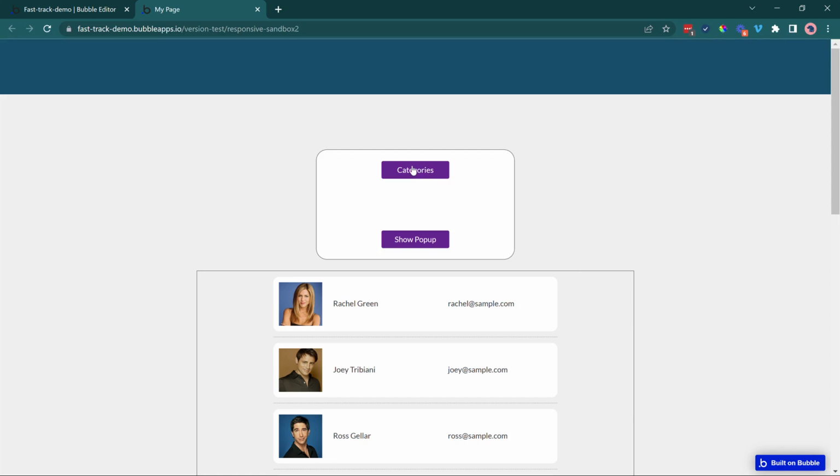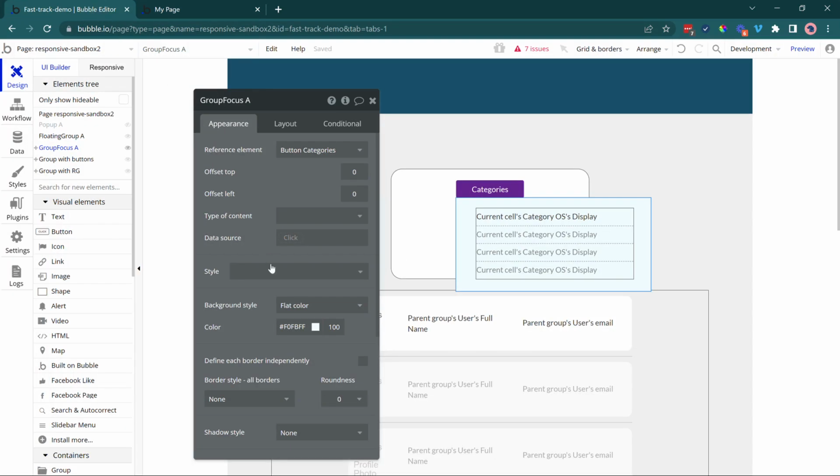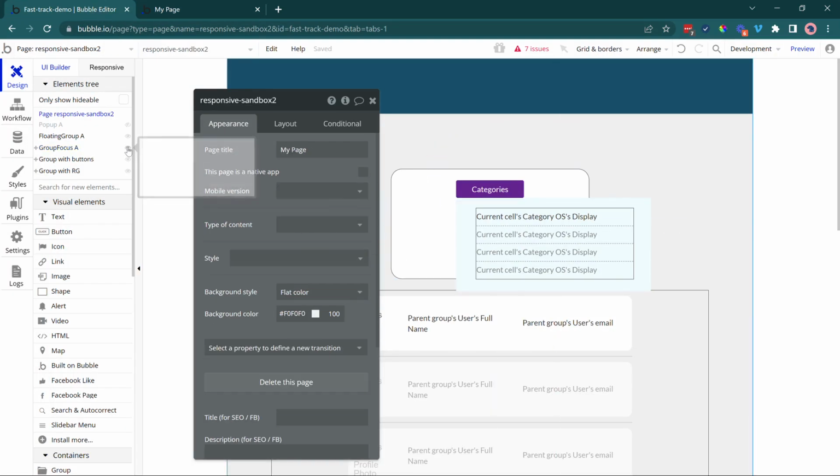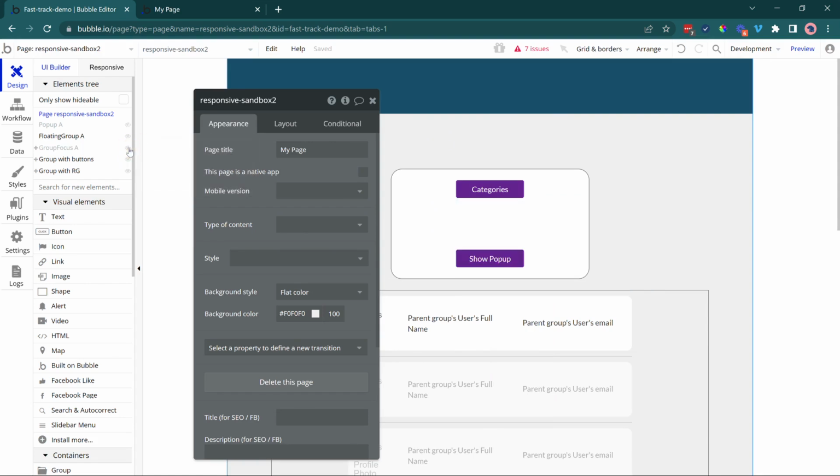Right, so imagine a help icon where you need to give your users some tool tips. This is a great use case for group focus elements, and you can change the dimensions. It doesn't have to be this big. It can be a lot smaller. It can be a lot bigger. The last thing that I'll go over here with these containers, let me close this over here, is that